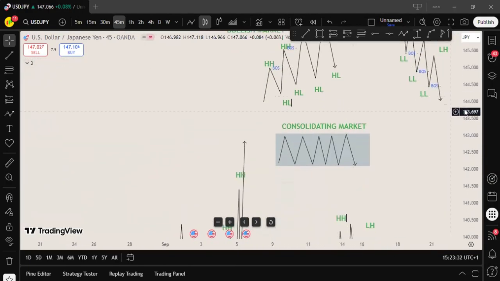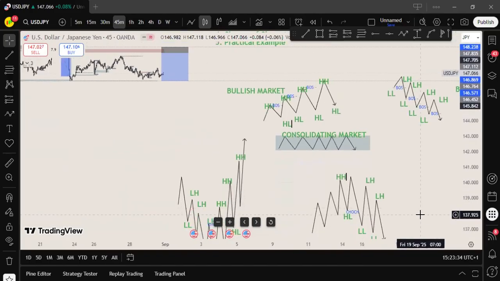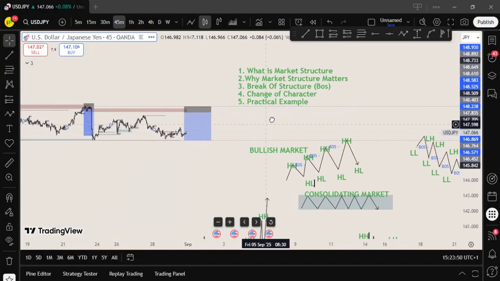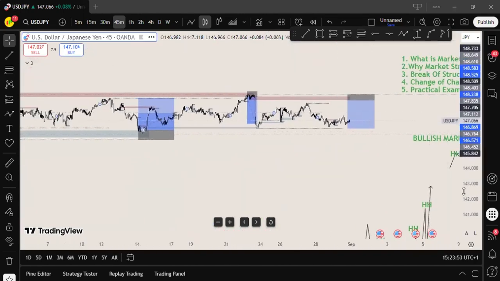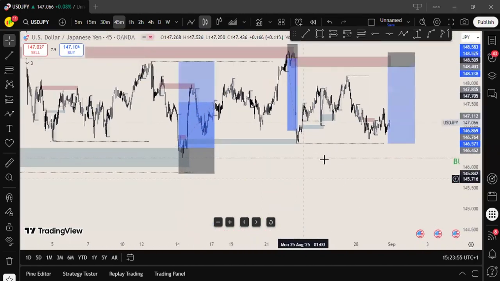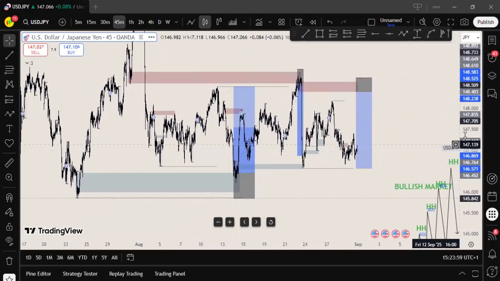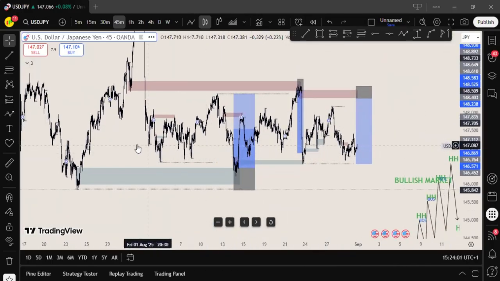Change of character simply means when markets change from a bullish trend to a bearish trend, and when markets change from a bearish trend to a bullish trend. Now, let's move to the last part, the practical example. With this market structure analysis you are seeing on my chart presently,